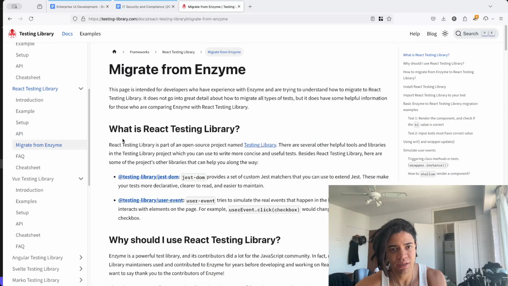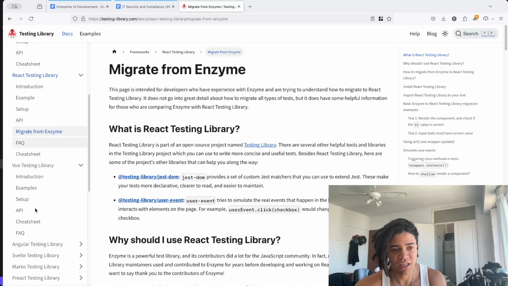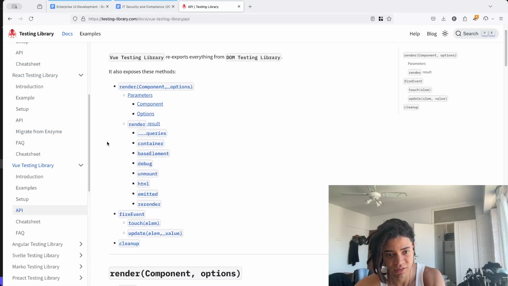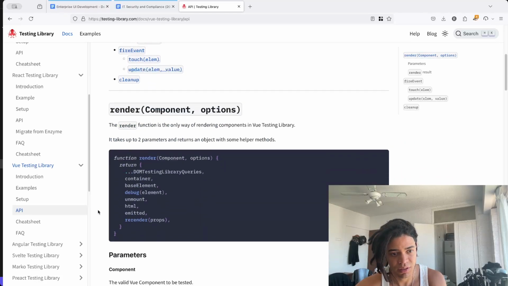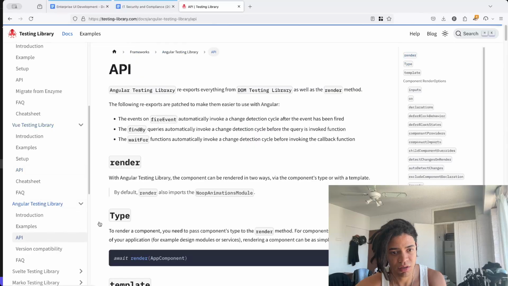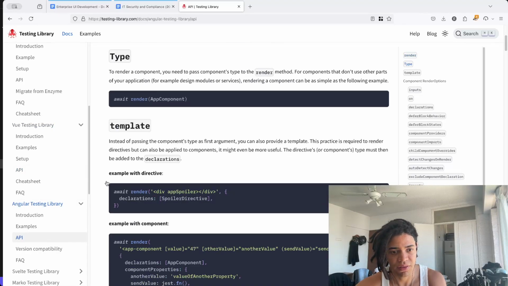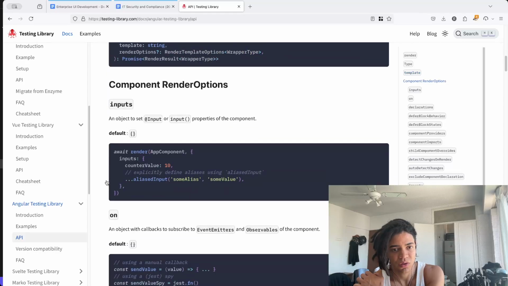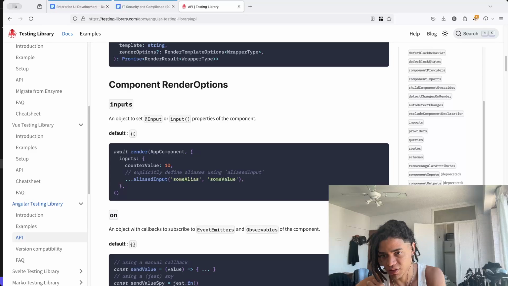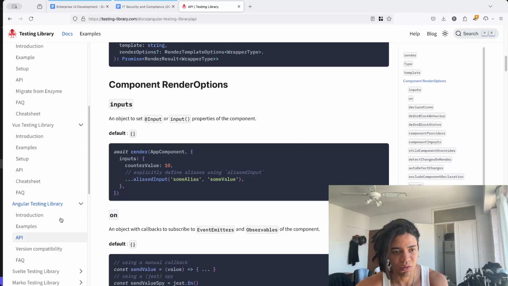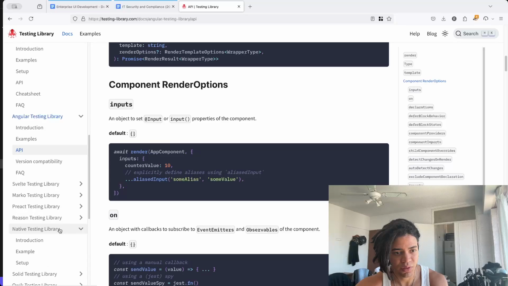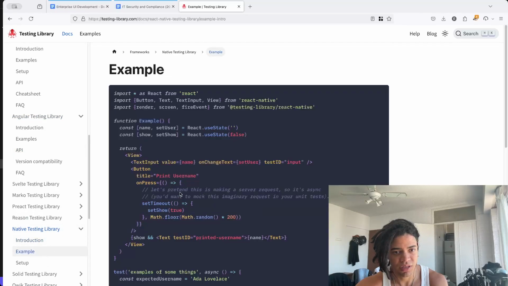They migrated to this, which is now the way we did things before that. You have Jest DOM and the user events. In the context of Vue, you have different things that you can go with, for example, render and fireEvent. In the case of Angular, there are several things you can go with: components, render, input. So you have a huge amount of things that you can go with, and so on and so forth. Similar for React Native. This is the introduction, the example here